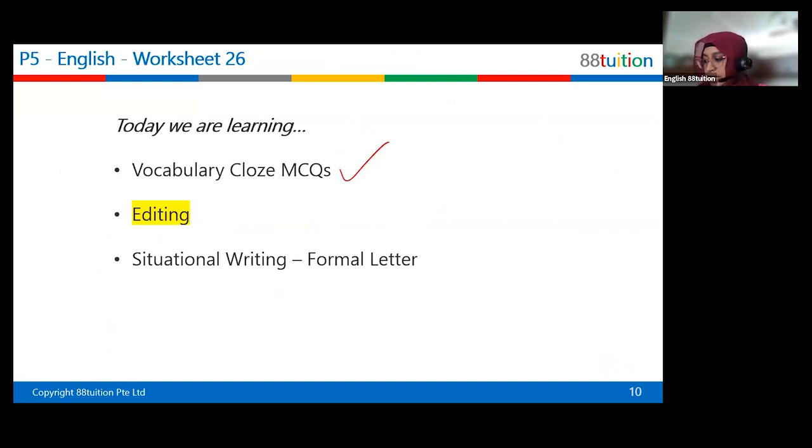Now, like what I said, today we've got 3 things to do. Of course, the main one is situational writing, which we will cover after editing. Now we will cover editing. For the new students, we usually, about halfway through, take a 3-minute toilet break. So around 3:45, we will take a toilet break. I know we all need to go to the toilet, so try to stay where you are until we go for the break at about 3:45. If I forget to give you the break, somebody just remind me, teacher, it's toilet time. Okay, so let's continue with editing.